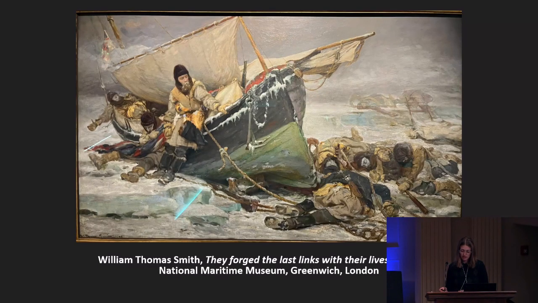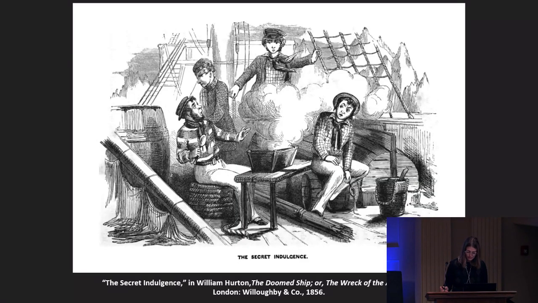Themes of racial difference, British nationalism, and class hierarchy are woven into the fabric of these narratives, reflecting broader societal anxieties and aspirations within the empire. Sorry, this is going to be a little bit graphic, but a telling episode from The Doomed Ship involves the pet dog of the sole female character, Oriana.